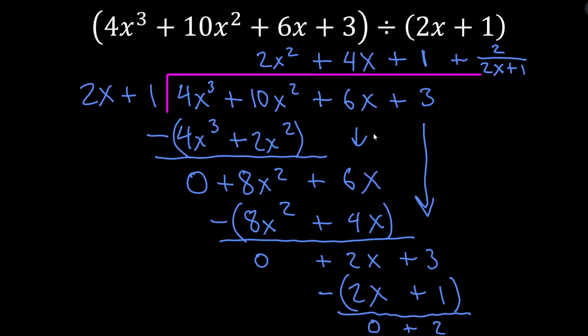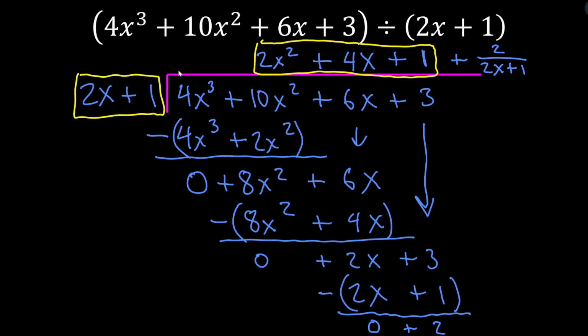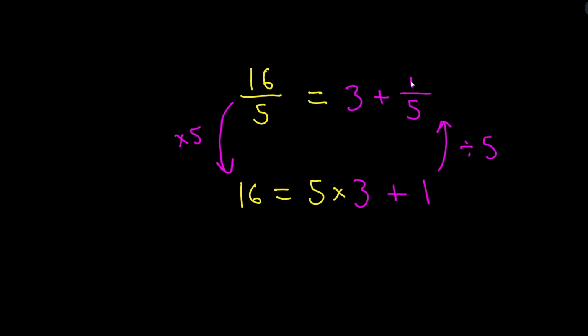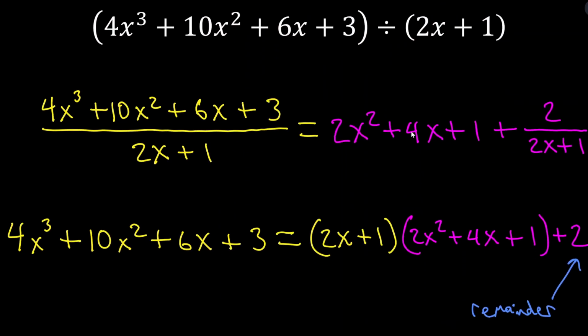What we showed through our work is that 2x squared plus 4x plus 1 times 2x plus 1 is almost equal to the dividend, 4x cubed plus 10x squared plus 6x plus 3. We are left with 2, right? We have this 2 left over. They're almost equal. And so what do we do with that 2? Well, we add the 2 over the divisor, right? Which is exactly what we did here. This is the divisor. We added the remainder over the divisor,